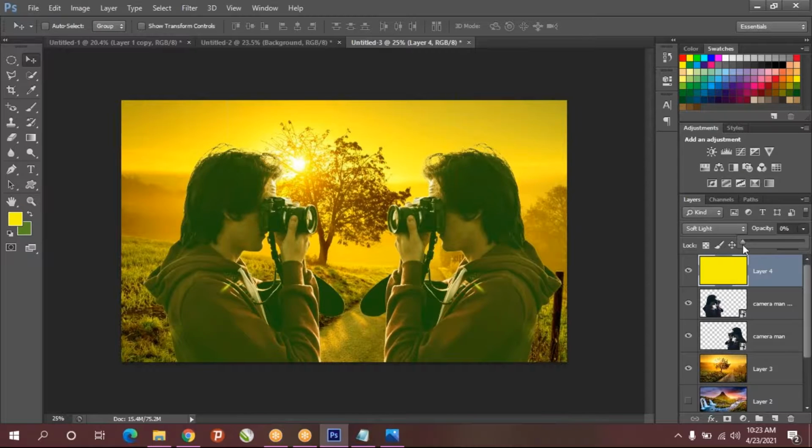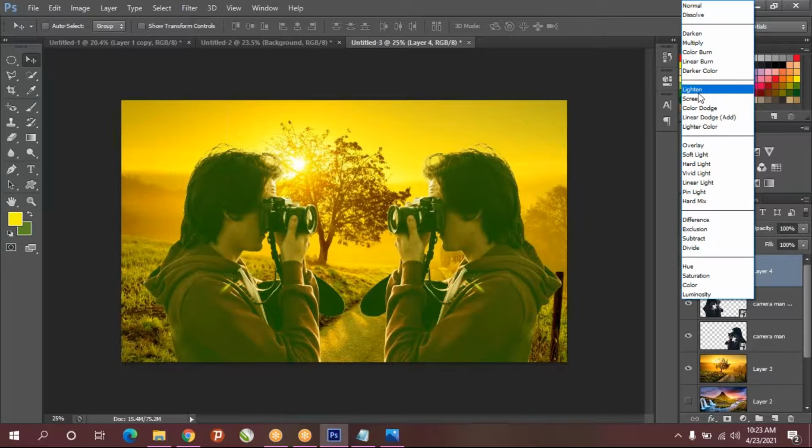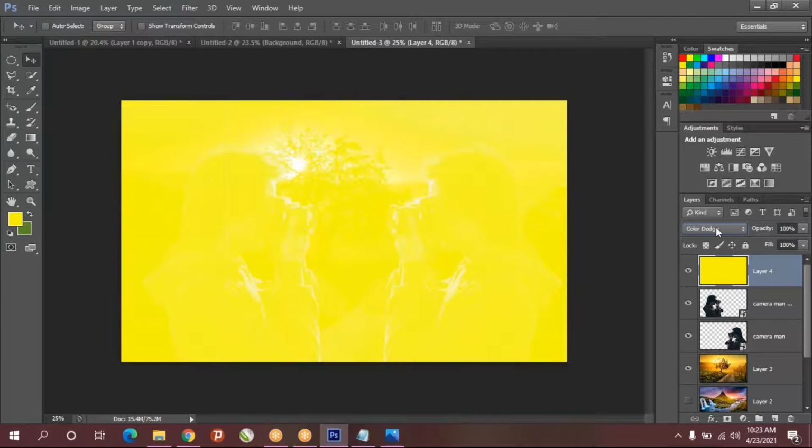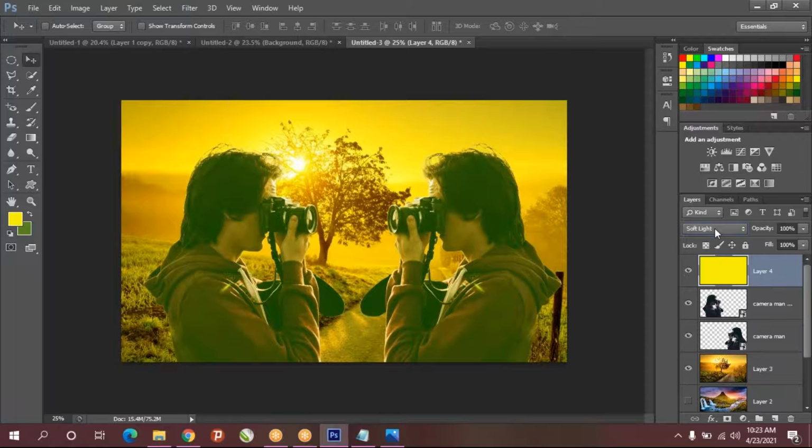How much you want? Opacity means nothing but transparent, like a glass. So we have different types of color modes. Just to check it, which one is looking good for this.